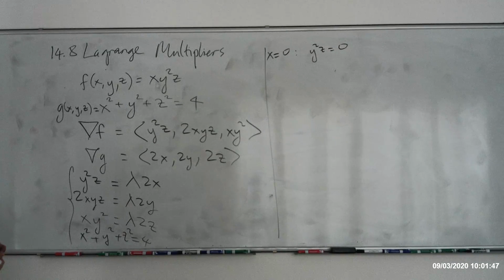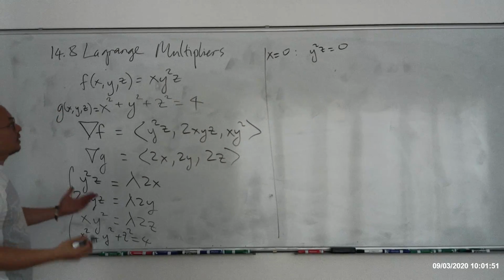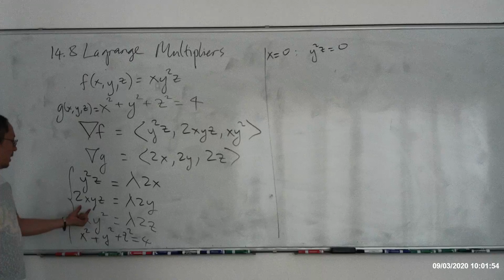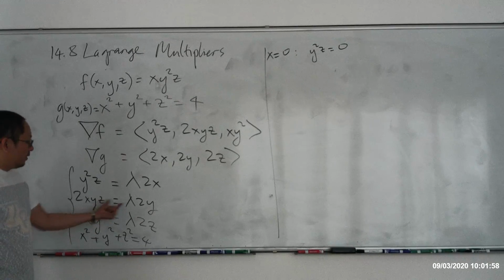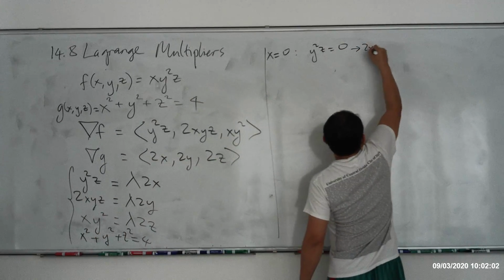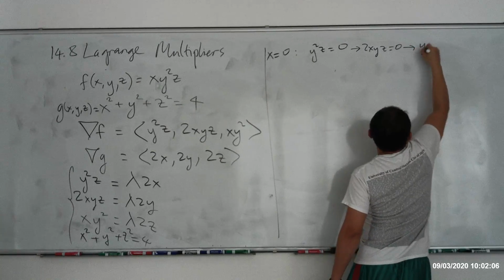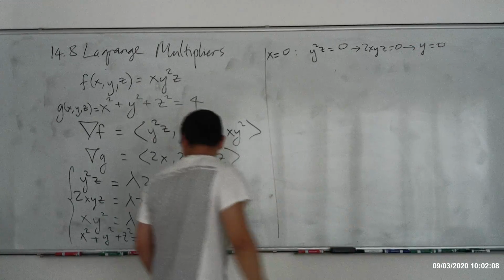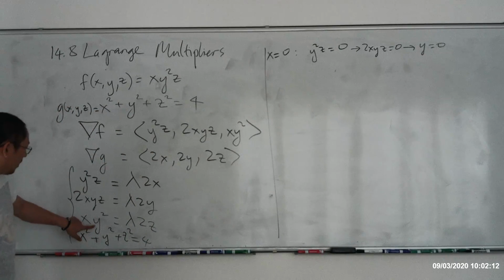y squared z is equal to 0 means what? Either y equal to 0 or z equal to 0, obviously. So either y equals 0 or z equal to 0, then 2xyz equal to 0, so for sure y equal to 0. Then 2xyz equal to 0, so y is equal to 0. Okay, right here. So x equal to 0, this follows that y equals 0, and y equals 0 right here,